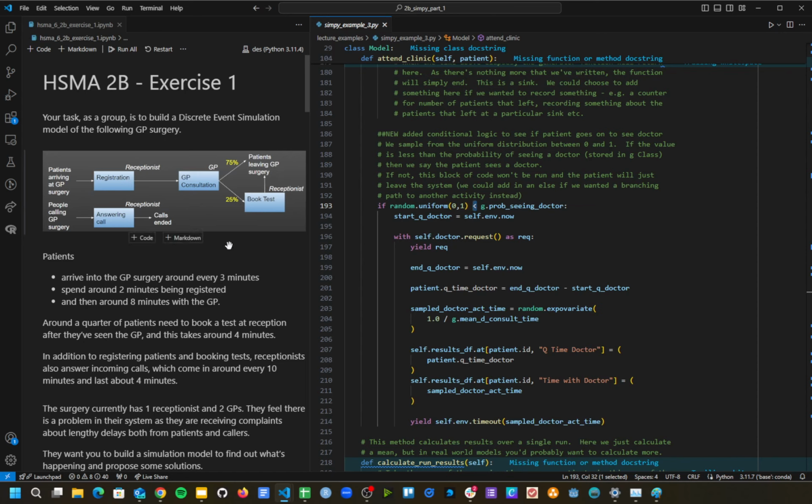But like with all our other steps, where we've had the average time people take between turning up, the average time it takes for a consultation,